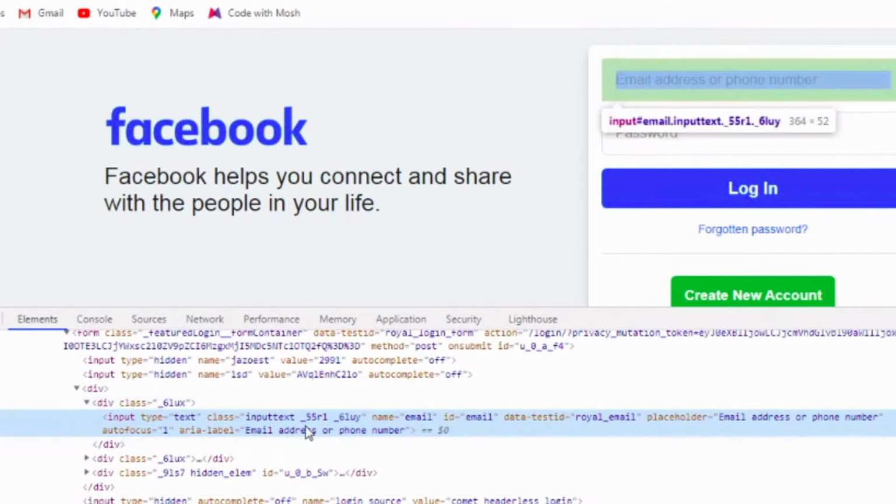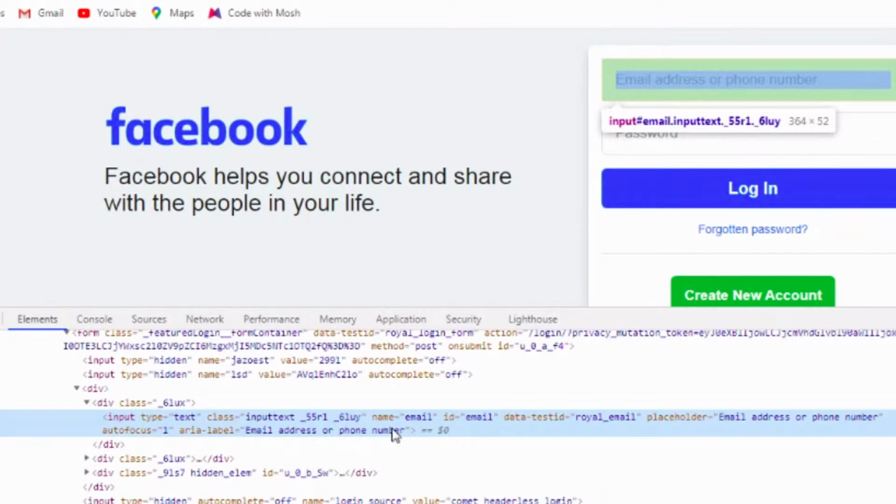So as I said, there are a few locators. ID is one of the locators. This name tag is one of the locators. Class is one of the locators. CSS selector, which we will also discuss, is also a locator, and at last XPath is also a locator.